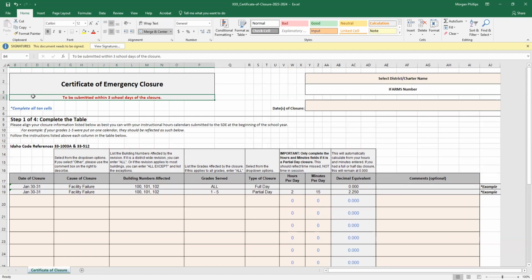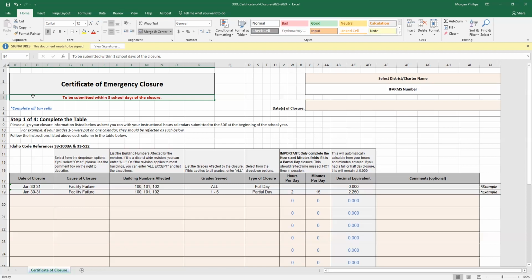So for example, if you submitted your closure in January, after the holidays, there's a bunch of snow closures typically. And let's say you submit your form, but you don't submit it until February when you have the board minutes. Maybe we had to look at your instructional hours and we noticed that you're actually under the minimum required hours by Idaho code. That doesn't give you a lot of time in the rest of the school year to make up that time. So it is really important that we get these forms sooner rather than later, so that if something like that does happen, you have a little bit more time to work with to adjust your school calendars so that by the end of the year, you're still meeting that minimum hours requirement.